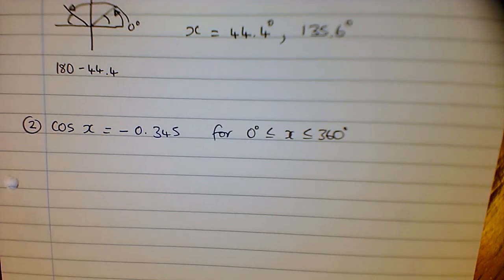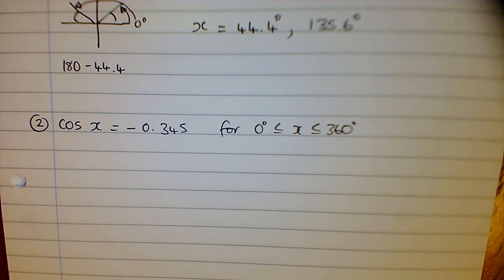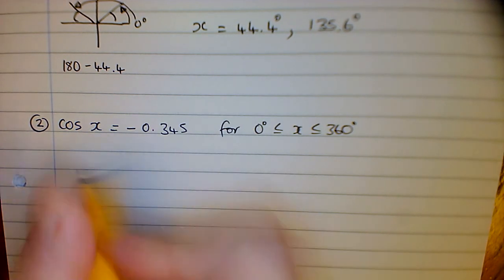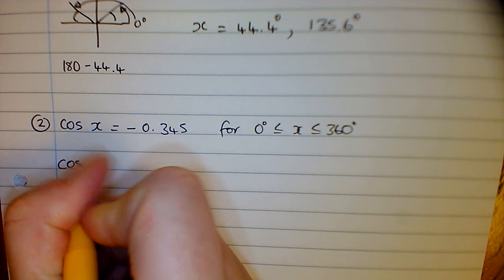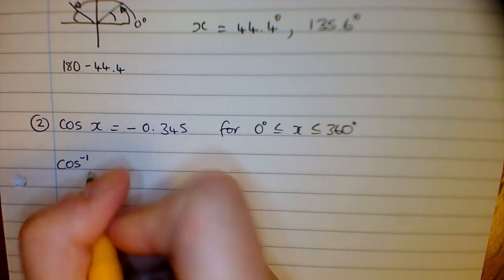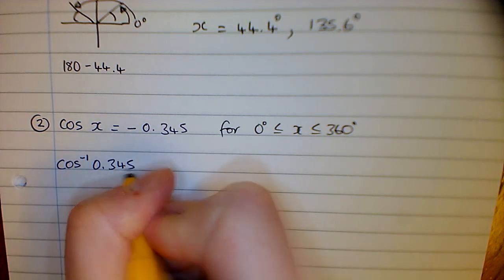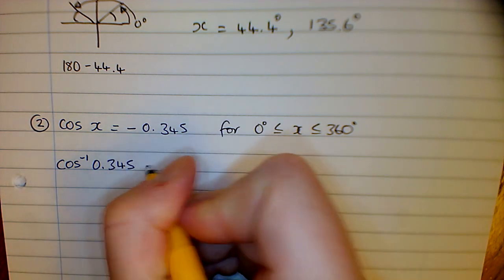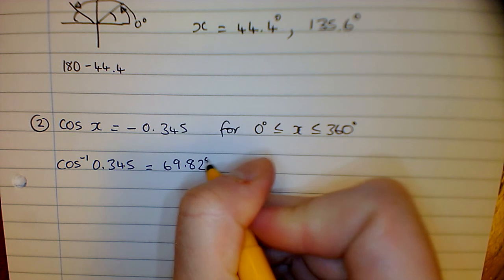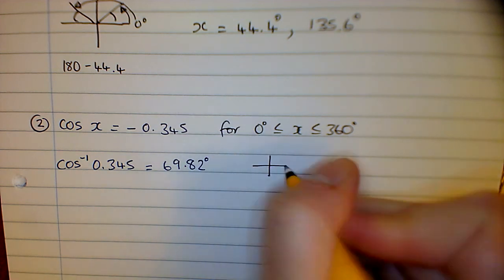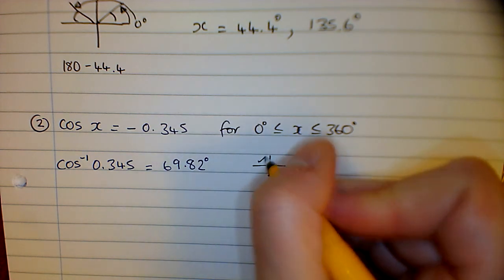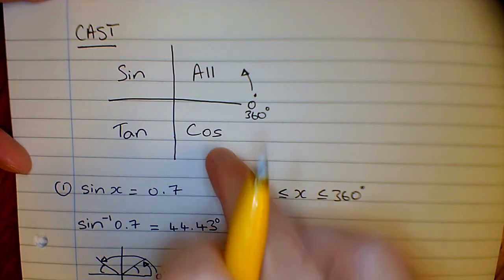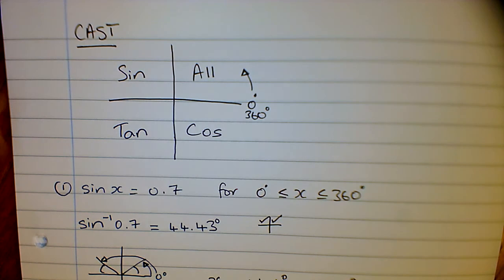Okay, our second one we'll look at then, cos. So cos x equals minus 0.345. So the first thing we do is inverse cos. Now we forget about the minus sign, the diagram takes care of that, and we do inverse cos of 0.345 and we get 69.82 degrees. It's cos and it's negative, so that means we're looking at these two sections, because remember cos is